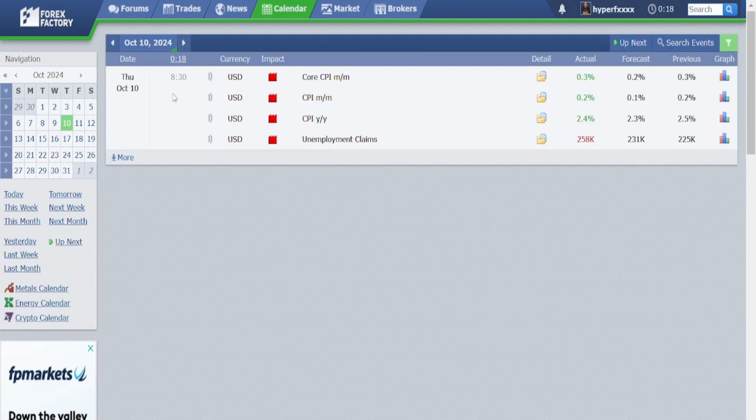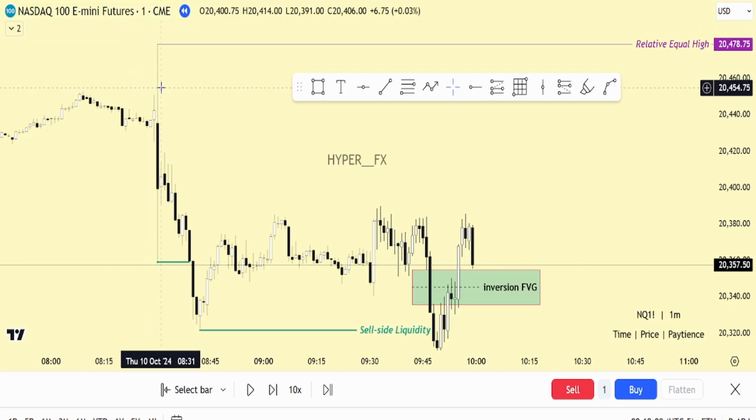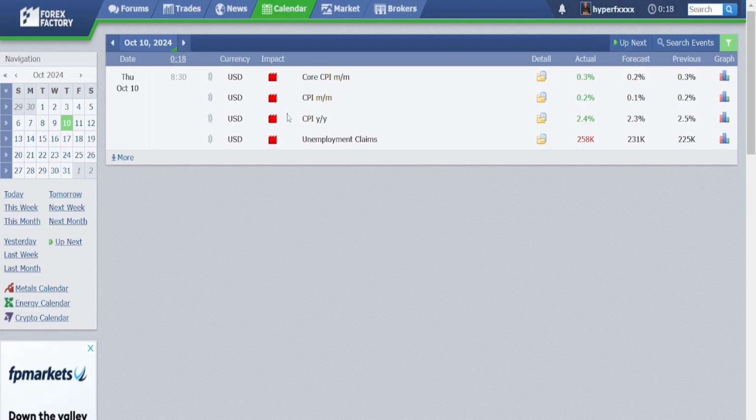Okay, look at the time here. All these red folder news, they are high impact news. So you can see the reason why this strong price action happened here on Thursday, because there was high impact